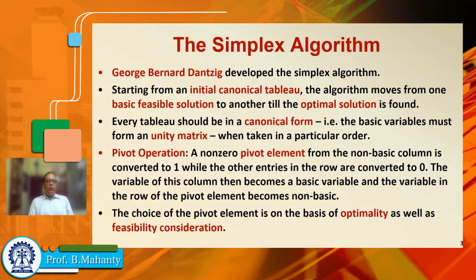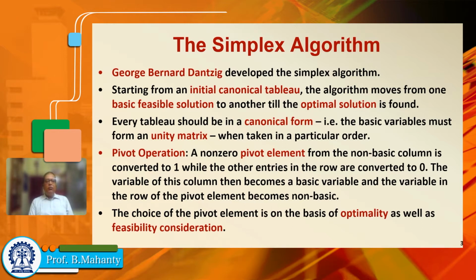You see, while solving a linear programming problem by the simplex algorithm, we have the original problem which we transform to an augmented problem. The augmented problem has to be in the canonical form, and this canonical form essentially means that in the initial table, the original problem, we have the